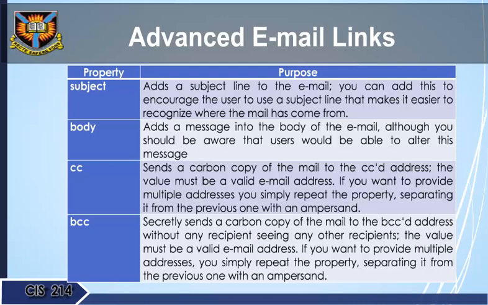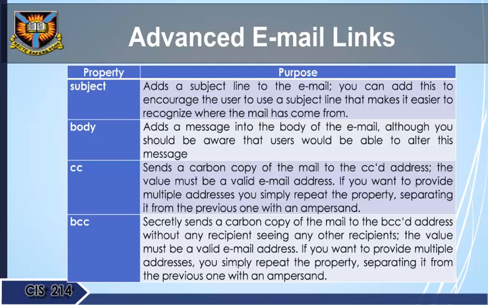Property. Purpose. Subject. Adds a subject line to the email. You can add this to encourage the user to use a subject line that makes it easier to recognize where the mail has come from. Body. Adds a message into the body of the email, although you should be aware that users would be able to alter this message. CC sends a carbon copy of the email to the CC'd address. The value must be a valid email address. If you want to provide multiple addresses, you simply repeat the property, separating it from the previous one with an